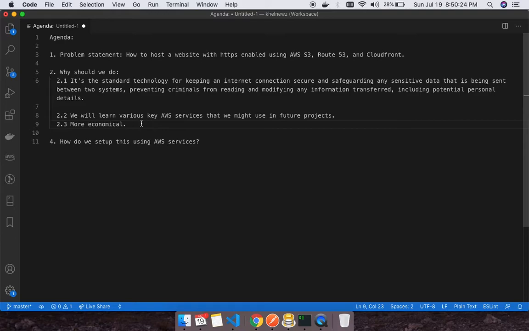And when I say more economical, when you choose this AWS free plan and host a website, I can guarantee you it will hardly cost you 500 to 600 rupees per month, not more than that. And again, it depends on usage. Let's say you hosted a website and it has more traffic day by day, then obviously you'll have to upgrade, and as soon as you upgrade, AWS will charge more money based on whatever the criteria is. So that's the reason I have come up with this tutorial.